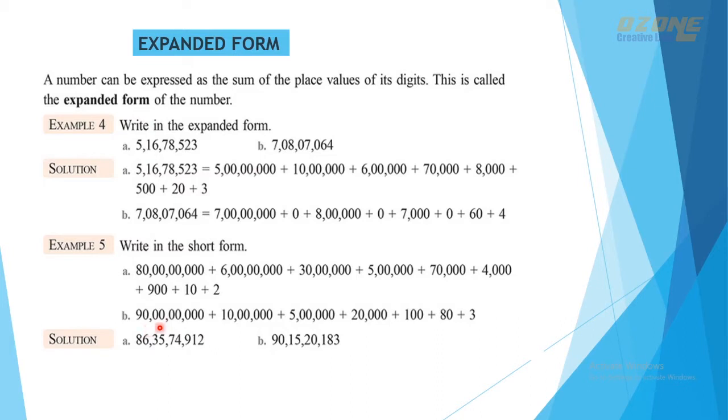In the first number, one 9-digit number is given, then a 7-digit number is given. The 8-digit number is not given in between, that is, 90 crore is given, then 10 lakh is given. In between, the crore place is not given, so it is considered as 0. So always check whether the digits are decreasing by 1 in each place.